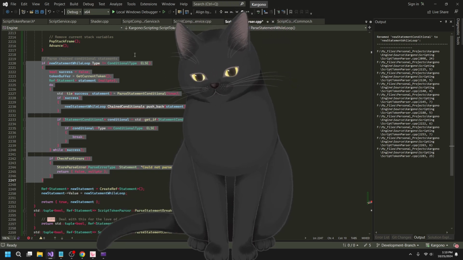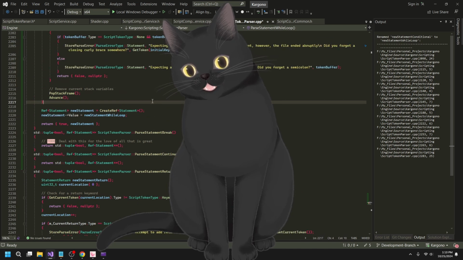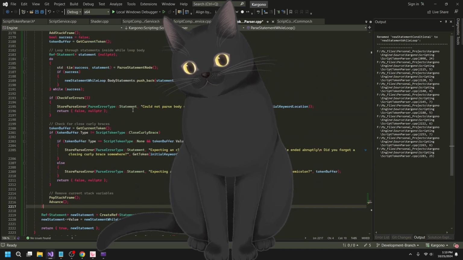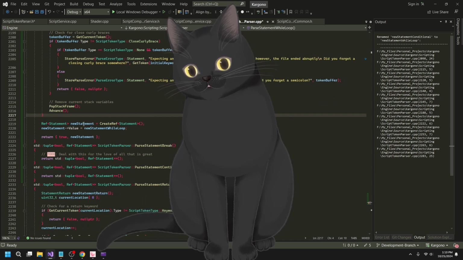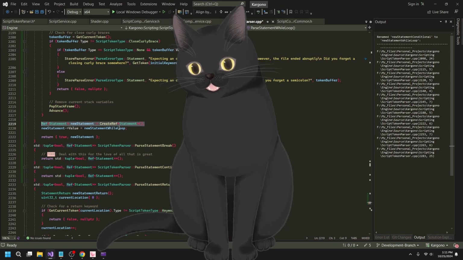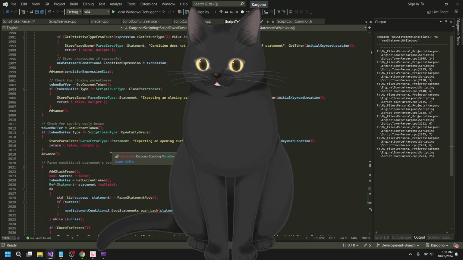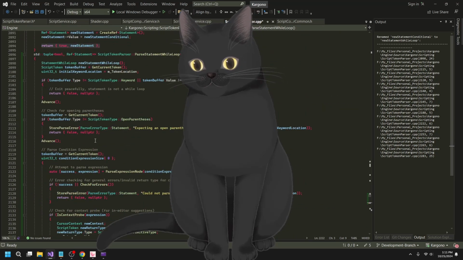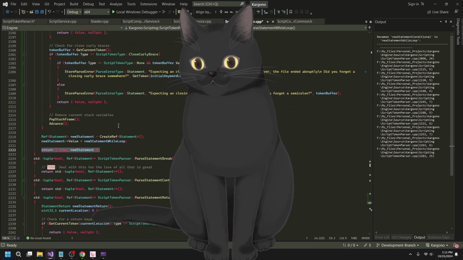Fine, I don't care. Parse, okay, so yeah, parse this. We're not doing any chained anything. I don't care about that. Okay. And then for the new statement, create the new statement reference. We add the new while loop statement, and then we return true. And then in all the other cases where we threw errors and whatnot, we would return false. Right. What a long thing. Okay.